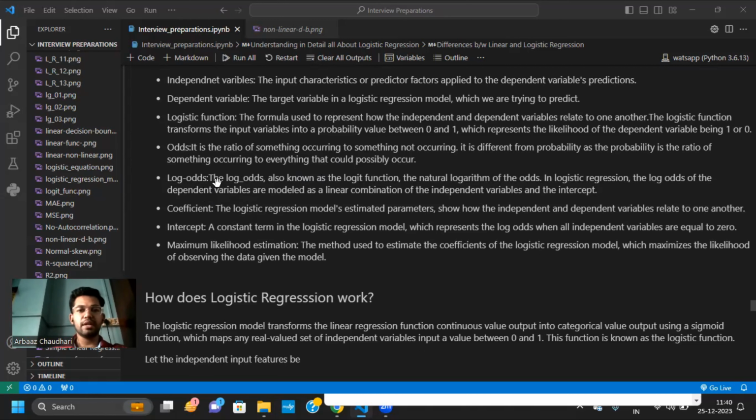Now let's see the log odds. The log odds, also known as the Logit function, is the natural logarithm of the odds. In logistic regression, the log odds of the dependent variable are modeled as a linear combination of the independent variables and the intercept. So the dependent variable, which is our y, is modeled as a linear combination. Linear combination means